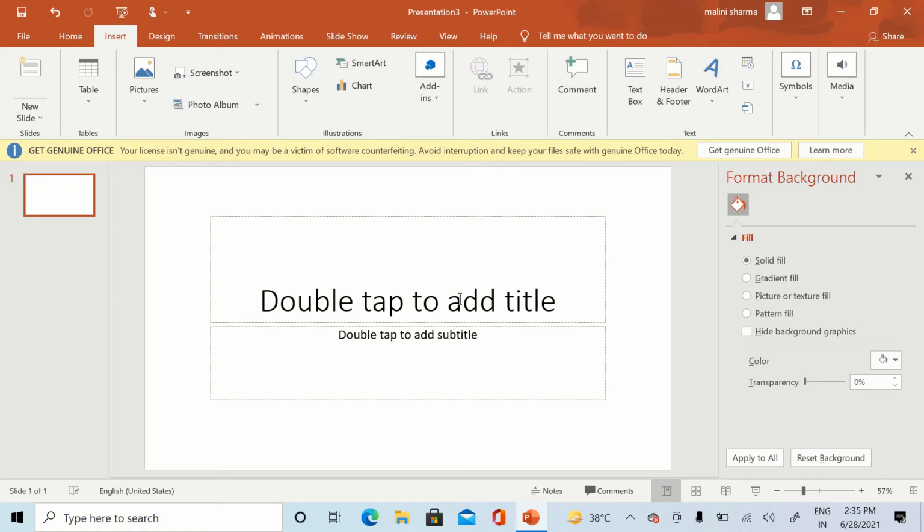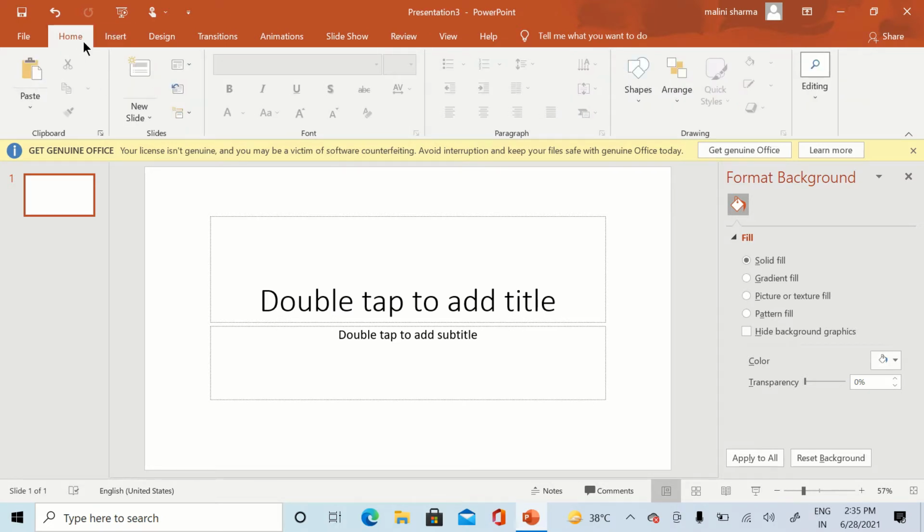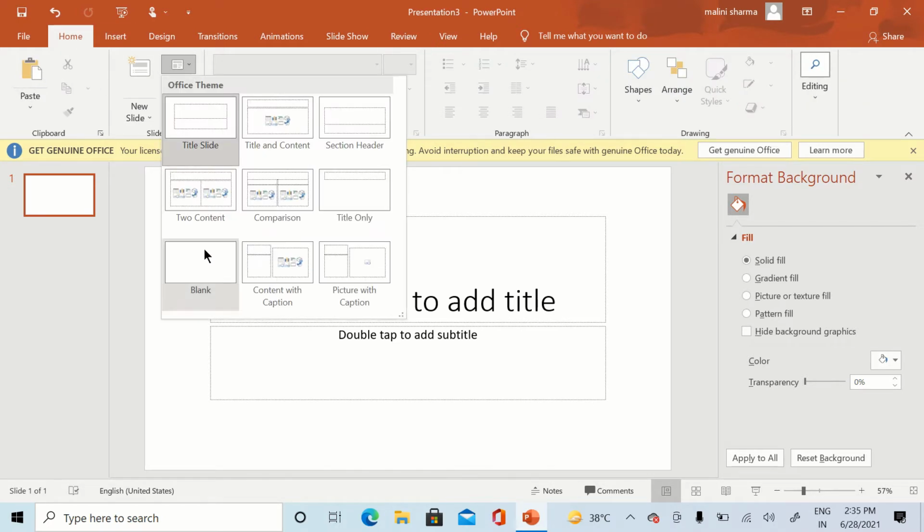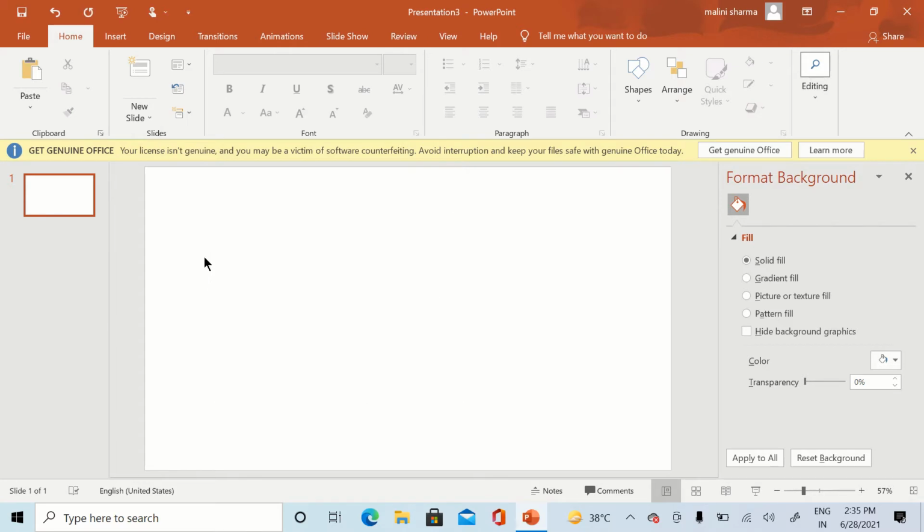Children, today we will learn how you can give animation effects to your objects or to your clip arts. So today we are creating a city scene. When you enter PowerPoint, you have this default layout. To change it, go to Home, Slide Layout and select Blank Layout.